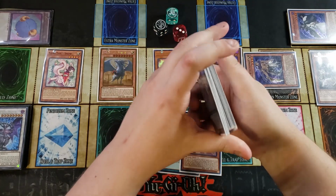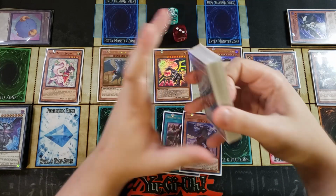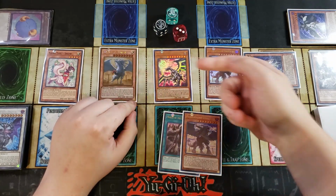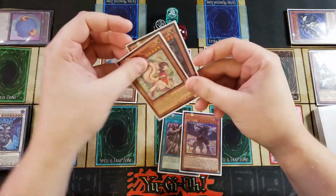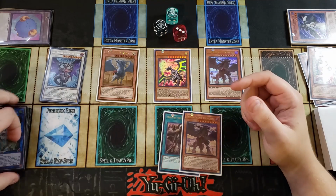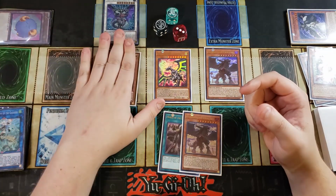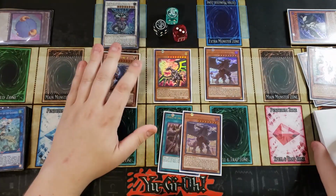And this is why I said the deck goes in for the grind game, because you're going to get all of those cards recycled back into the deck and form a new deck off your copy of Punishment Dragon's effect. So then we're going to go ahead and synchro summon these two together, which is what I was kind of aiming for. Put a copy of the Chaos Dragon on our side of the field, which has not used its effect again. We're going to use its effect, shuffle up the deck really quick,